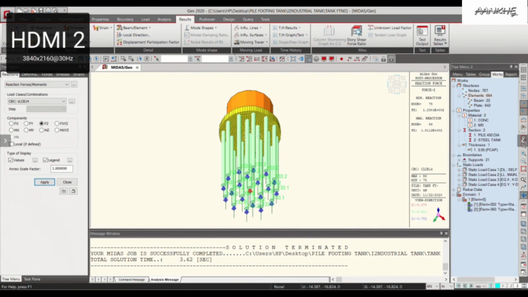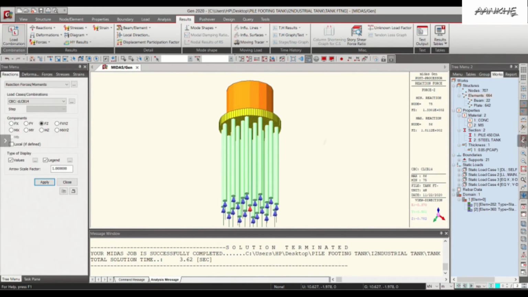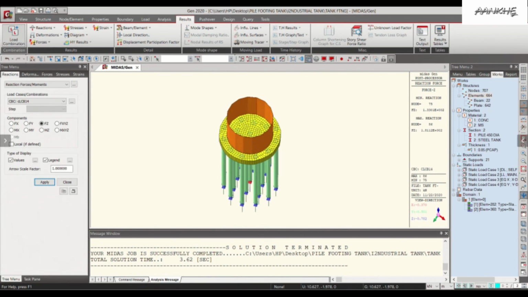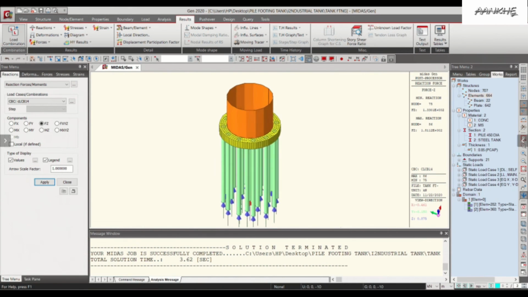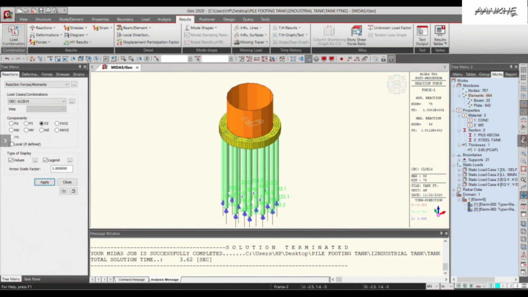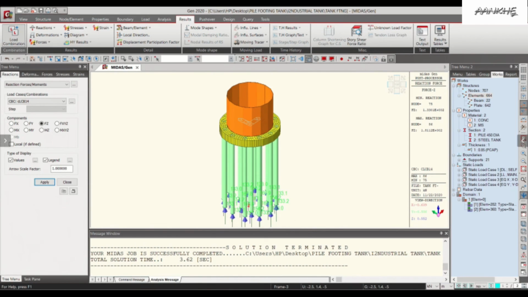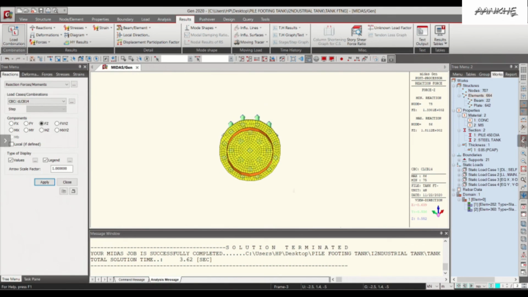Now let me give you another thing. The maximum result is obtained not at the outer side, because we assumed our pile cap as infinitely rigid in case of our conventional analysis. However, in practice our pile cap is not infinitely rigid, it has some rigidity, which is being taken care of by the software effectively. So instead, the result, if